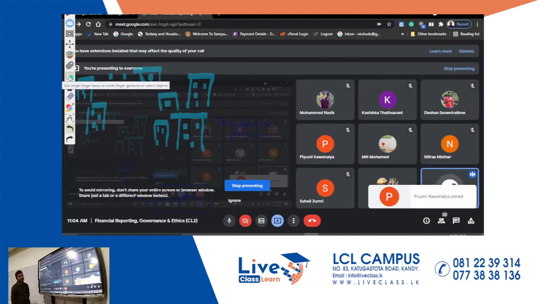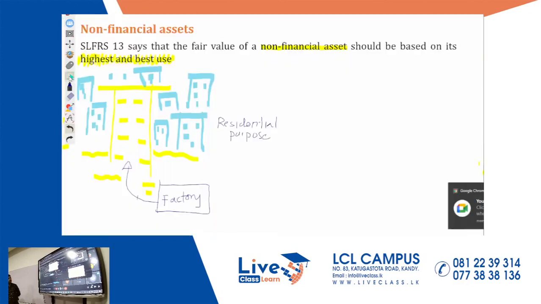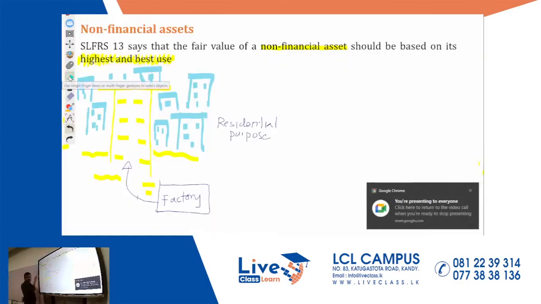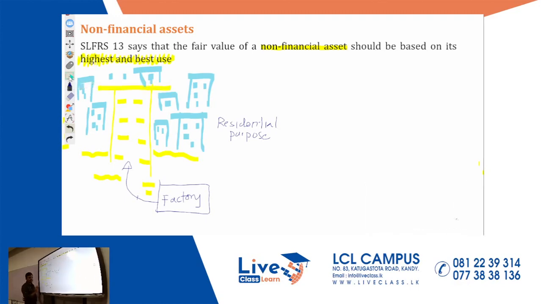Yes, high-rise apartment. Why? All the surrounding buildings are being used as high-rise apartments, where only our building is located as a factory. The best thing is to demolish the factory building, and put up or sell this land and the building to a housing apartment construction company, where they do housing apartment constructions. That should be the best thing.